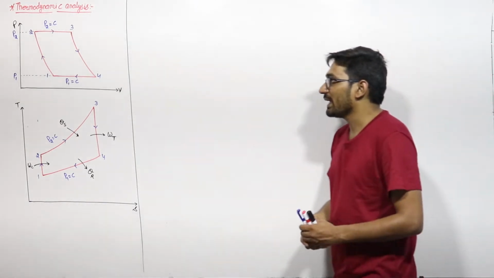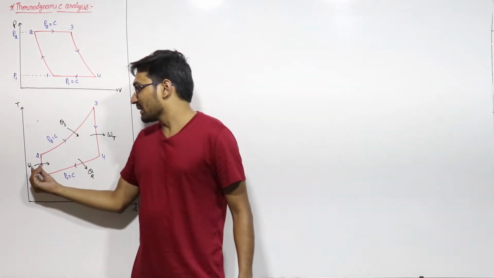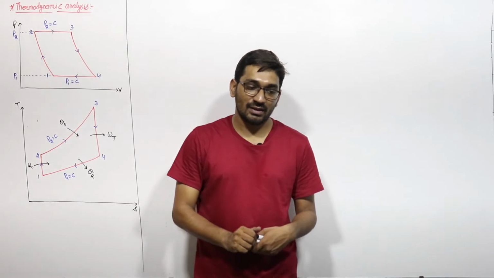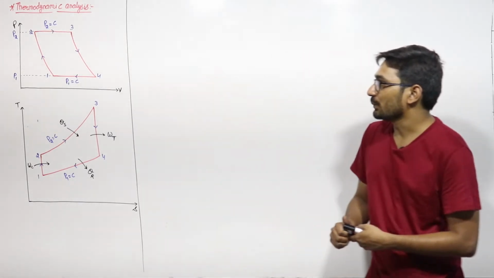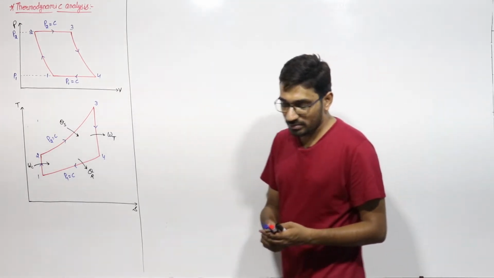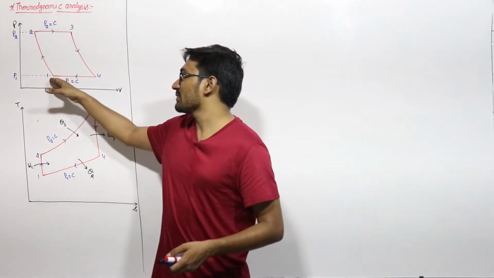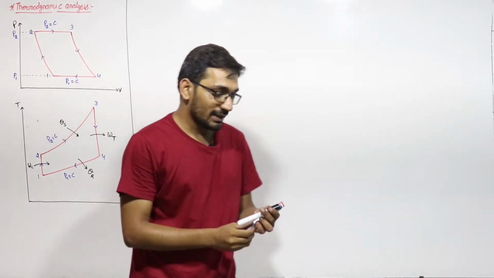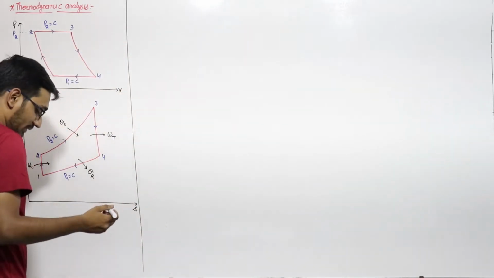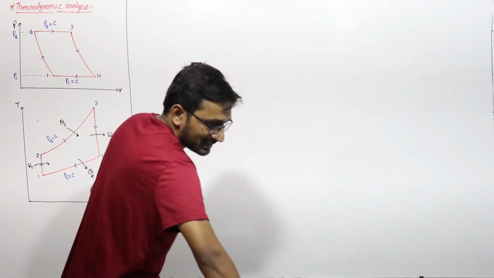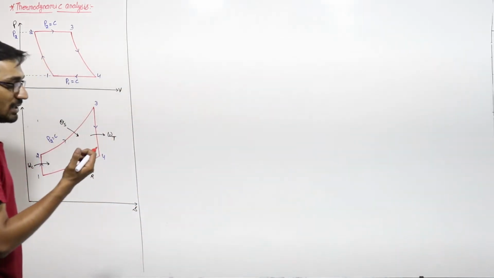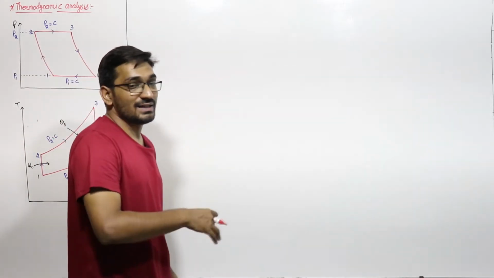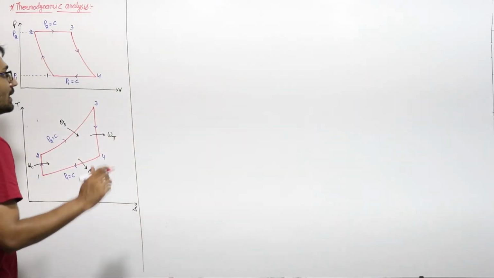Now we have to find the value of the compressor work, heat supply, turbine work, and heat rejection. So let us start one by one. Let us start from process 1 to 2, then process 2 to 3, then 3 to 4, then 4 to 1, right? You just pay attention. These things are very important because in these derivations only the students will make mistakes where they have to use different types of formulas, right?